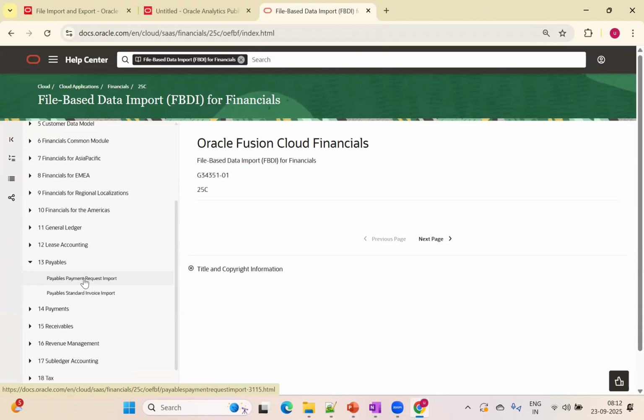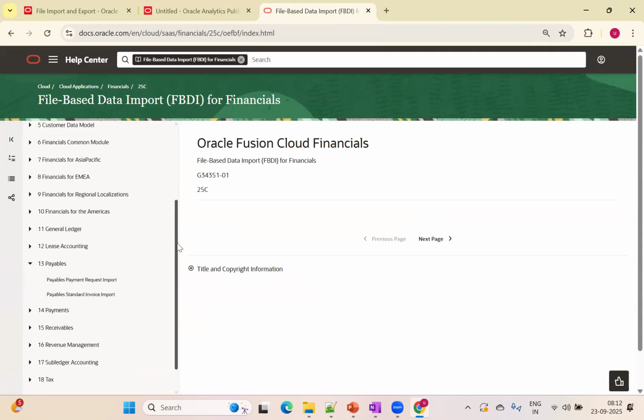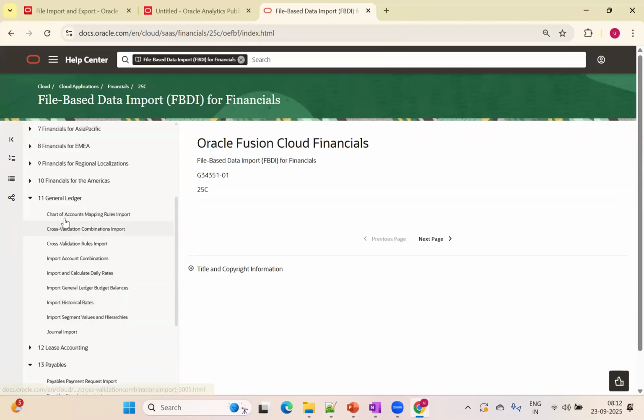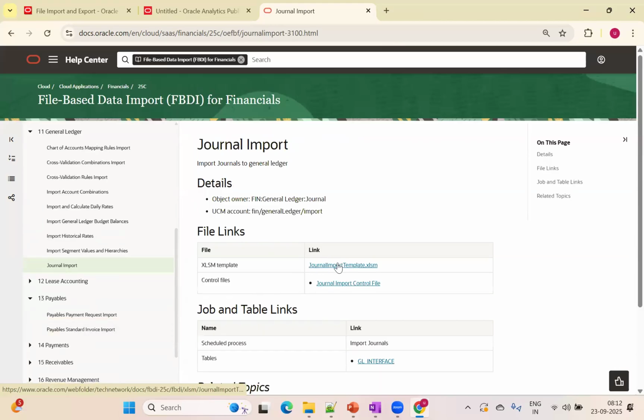Similarly, if you want to import payment requests into Oracle Fusion, these payment requests are created for one-time suppliers, so you can have this one. Similarly, we will have it for journals as well. If I go to journal ledger, and then journal account, like journal import, if you want to import journals into Oracle Fusion, you can go to journal import and you can download the